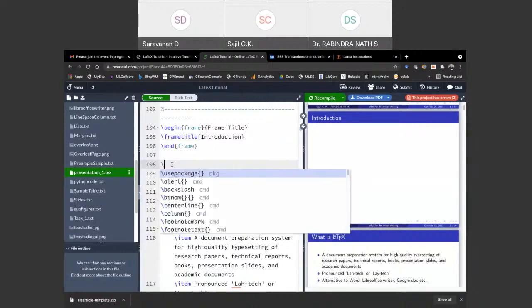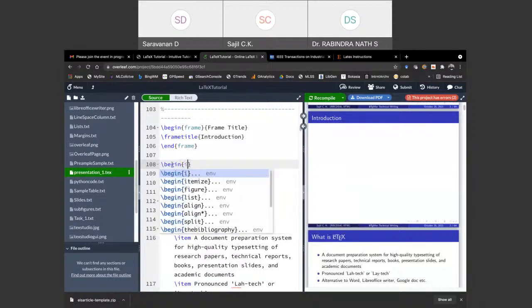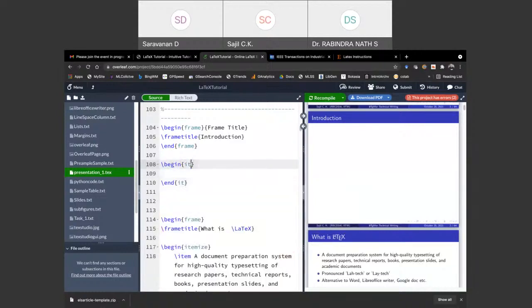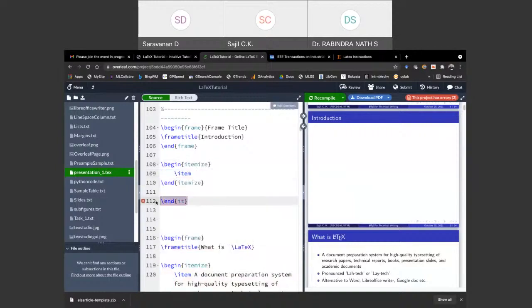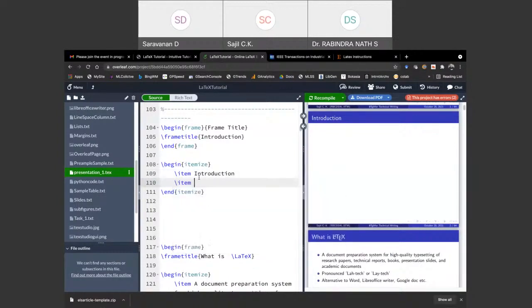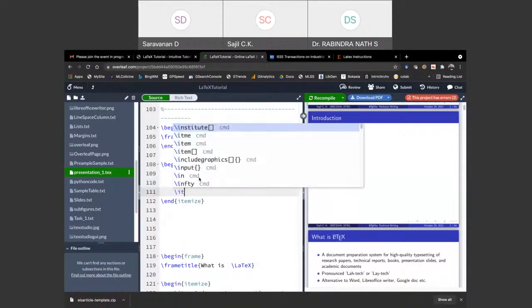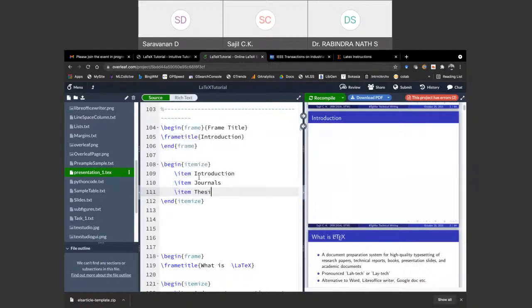For example, if I have an item and so on, this is the same example as we have shown with creating LaTeX documents.